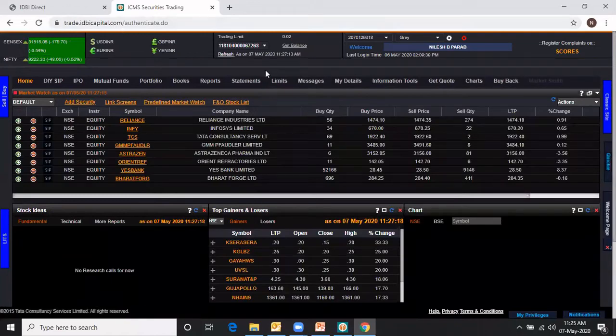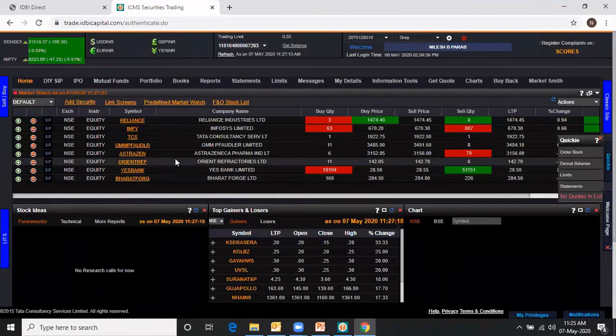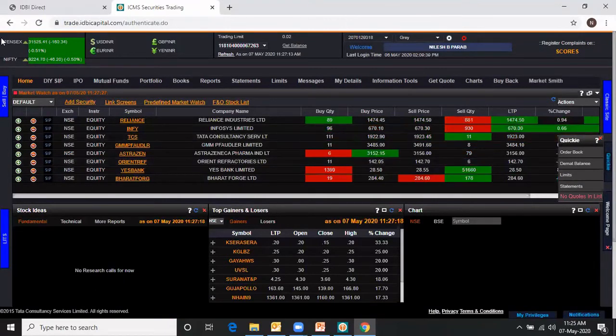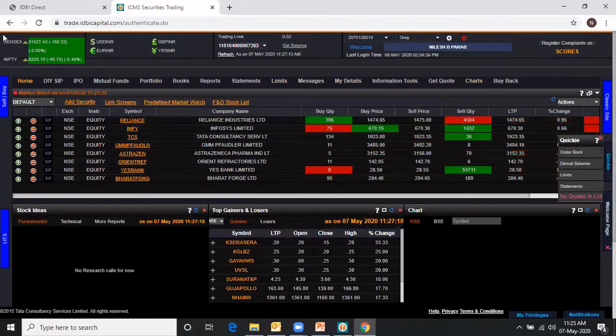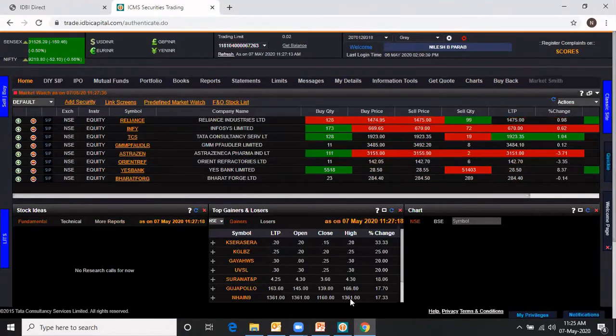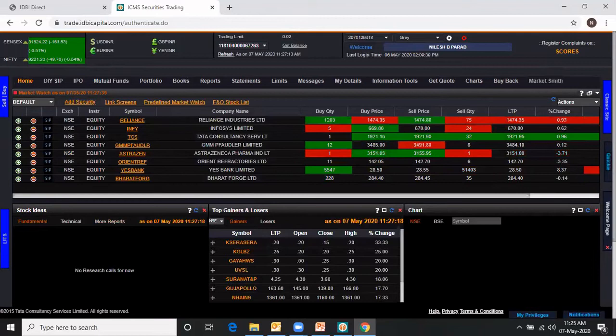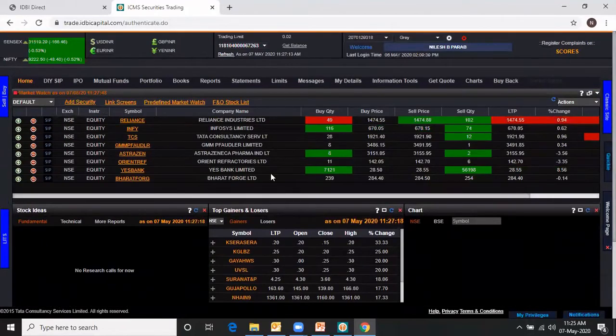So this is what my screen looks like. First of all, I'll tell you we will see this screen in three different parts. Number one, this portion. This is actually a trading window. Okay. And this one-third of the below portion you can see, this is information. I'll explain each part of the screen. We'll go from this upper left side.